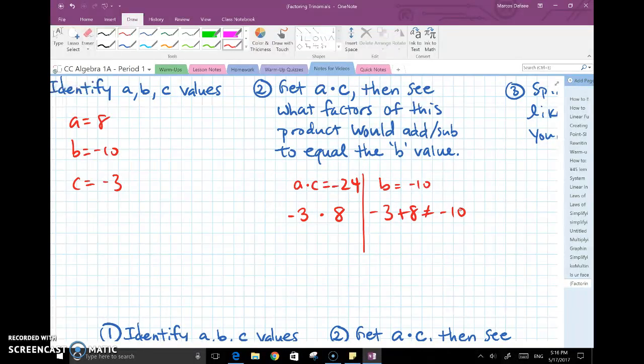So the next pair that I'll try is 2 and 12. Now, when you multiply those, you get 24, but I need a -24. So I'll put the negative on the 12. And the reason is because just thinking one step ahead, if I multiply 2 and -12, I would get -24. But there's another side, and that is when I subtract 2 and 12, what I get is -10, and that is exactly what I want. I want that -10. So that tells me these are the numbers I will be working with,